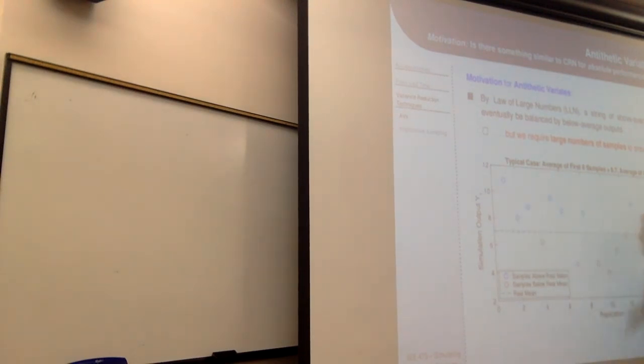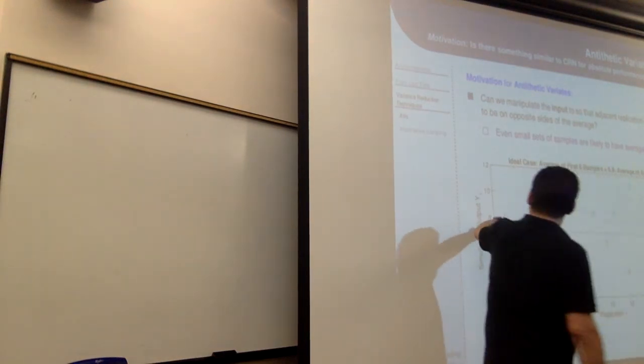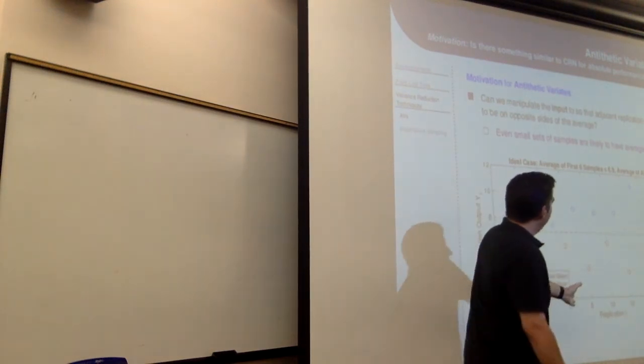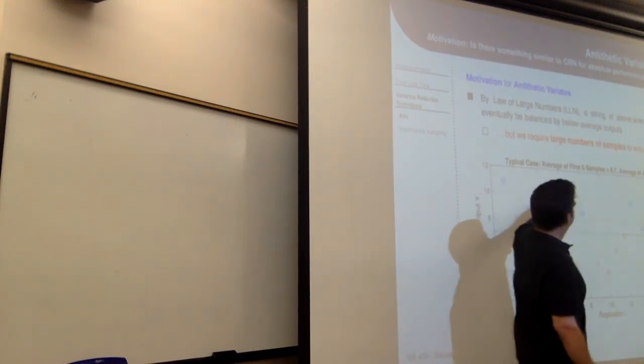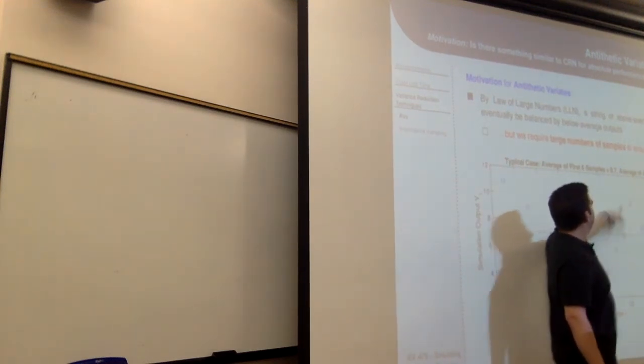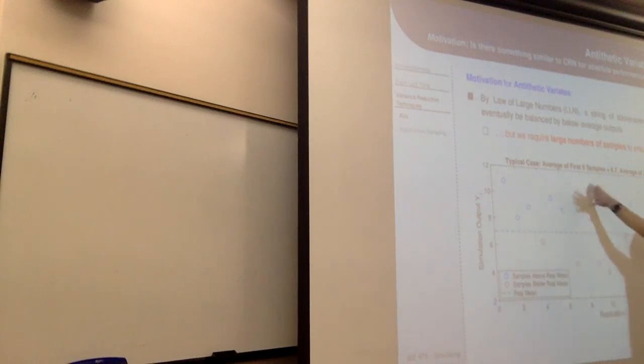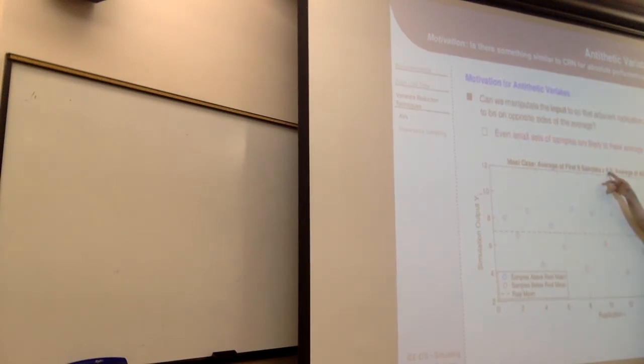above and then below. So if I were to take these same samples and just sort them, so these are the exact same data, it would be much better if this were actually the replication, the output that came out. That I got one here, then I got one below, and then one above and then one below, one above and one below. So if I look up here, if I average the first 6 samples, the real average is 7. The average of the first 6 samples is 8.7, way above it, because there are so many that are overrepresented there. And if I average all 20 samples, it's 7.2. If I just resort them, then now the first 6 samples is very close to the average. And again, the average of all is 7.2.